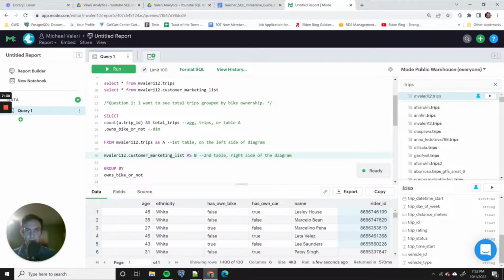It says we want to see total trips grouped by bike ownership. Do you think it's possible that someone could have a trip but not be in the customer marketing list table? Absolutely. However, we want to see whether they own a bike or not. So we want to see if it's true or false for that rider. Because of this, we're going to do a left join because I want to see if there's people who are missing from the customer marketing list table in addition to the ones who own a bike or not, true or false. What does the left join say? Show me everything in the left-hand table, regardless if it's in table B or not. So let's be safe. Let's choose the left join to see if there's anyone that's null who isn't in the